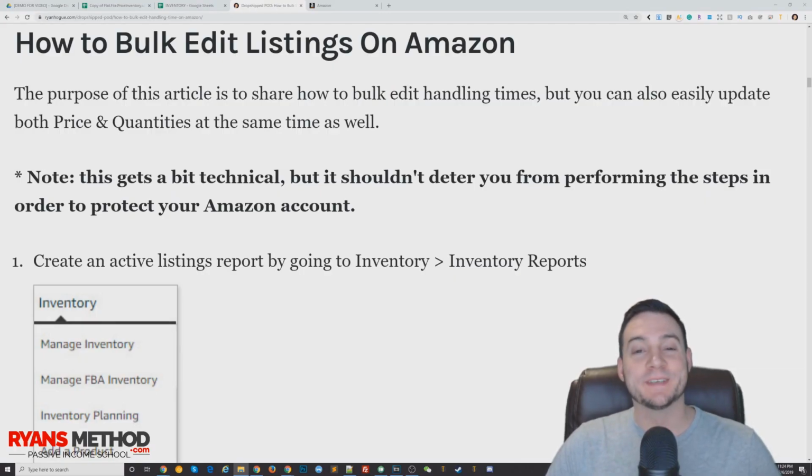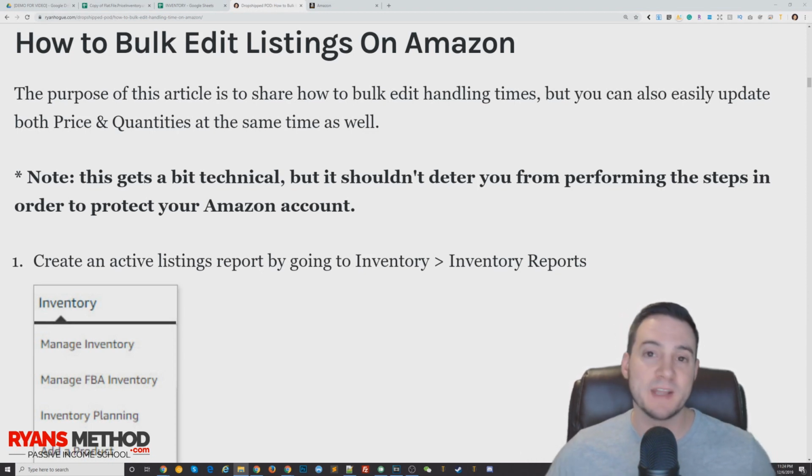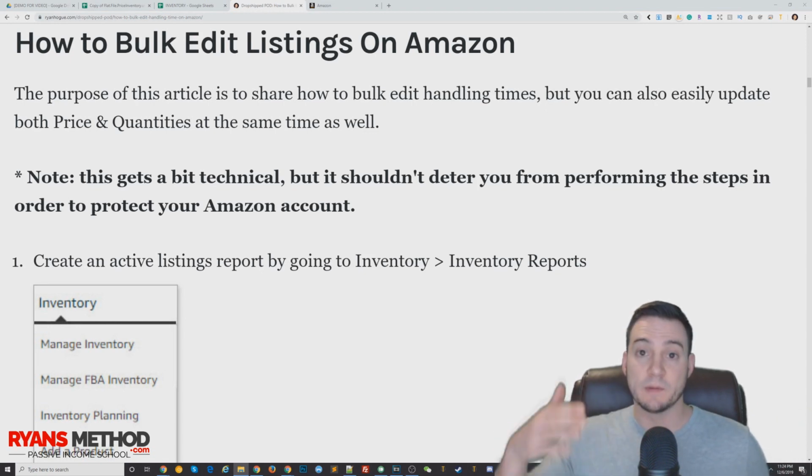So I'm going to show you how to extend the handling time of your FBM print-on-demand Amazon listings. Now this is extremely important to do at least once a year, especially around the major holidays where you're going to be getting an increase in sales. So obviously during Christmas, everybody sees across the board an increase in sales. But if you also heavily target the Halloween niche or the Valentine's Day niche, then leading up to that